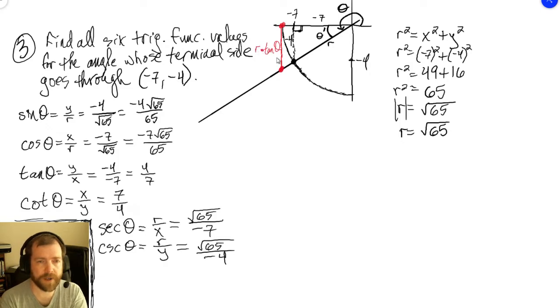Now, if you're wondering why that is, why is it going to be r tangent theta? This is because you can make similar triangles here. So we have the tangent of theta, or the thing we don't know yet here, its vertical value. We have our r value here is the hypotenuse. We have our horizontal values and our vertical values, which we'll be able to use for this. You could scale this specifically from the unit circle up to whatever we have here. So in this particular case, this is going to end up being